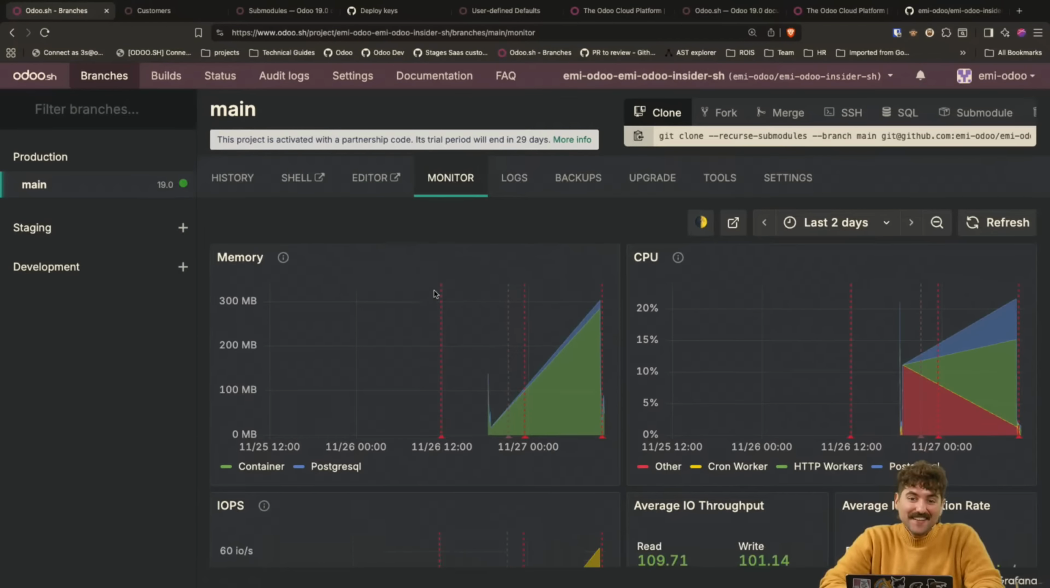You can see the usage of your database. You can see the memory usage, either used by Postgres or by the worker. CPU, same. The IOPS, read-write operations, and everything that might be useful for me to understand if I have performance issues, or to see how the database is